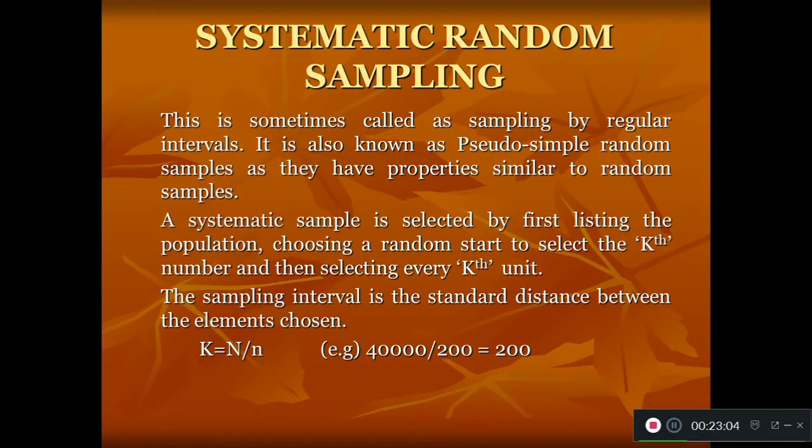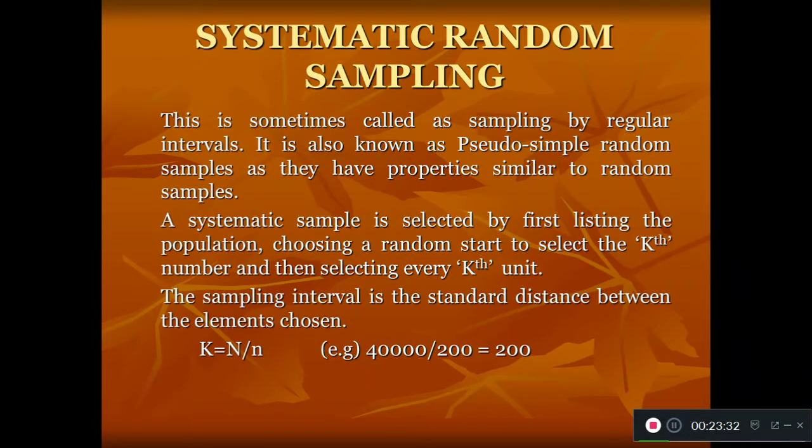For example, I have 40,000 people, and from that 40,000 people, I want to take only 200 samples. So I apply this formula, 40,000 upon 200, and I get 200 as the k value. So every k-th element, that is, every element coming at 200 in the population list, will be included